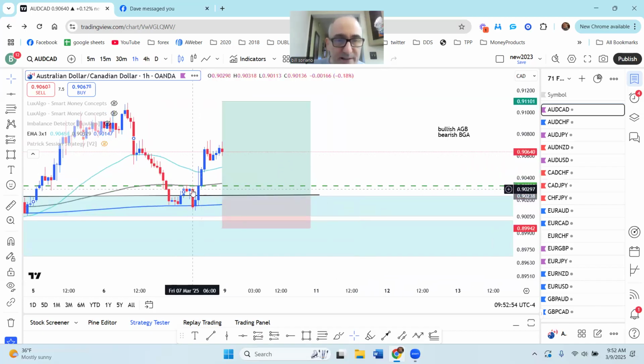So we get that actual break. So again, you need the body of the candle to close above here. So this candle does not count because this is a giant wick rejection here. But then the next candle does follow through and give you that break of structure, giving you a change of character, okay? So now you identify,